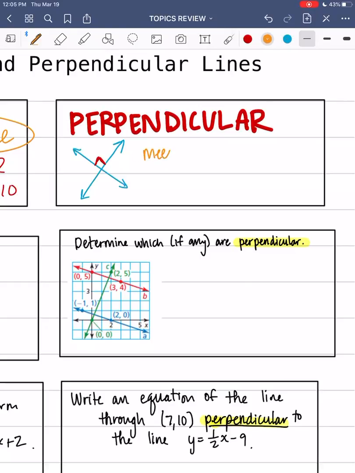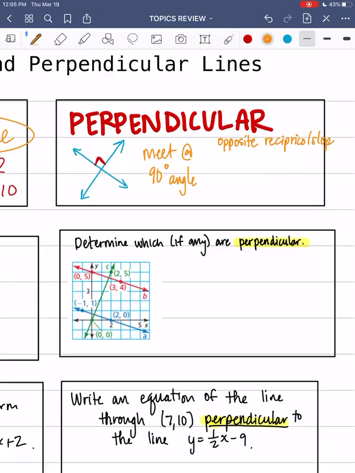Meet at a 90-degree angle. Nice. And the thing about perpendicular lines, the relationship in their slope, is they have the opposite reciprocal